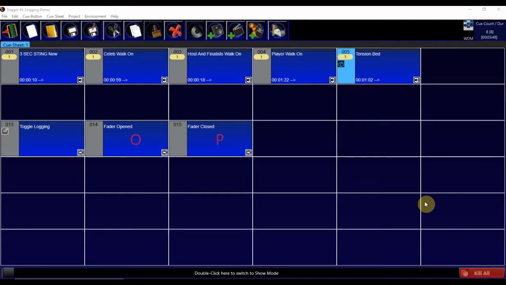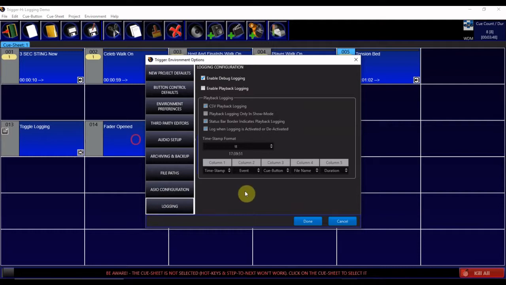Today we're going to talk about playback logging. So to enable playback logging, you go to Environment Options and go to the Logging tab and simply check the Enable Playback Logging checkbox. You can choose to format the document either as a simple text file or as a